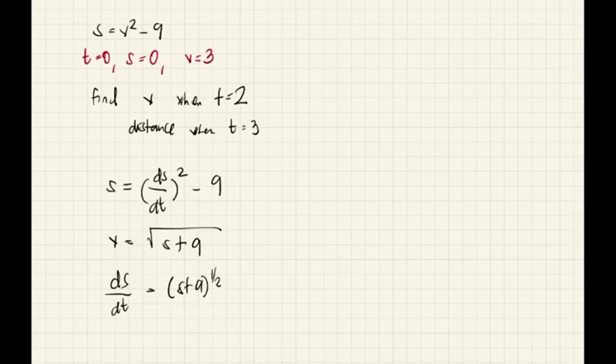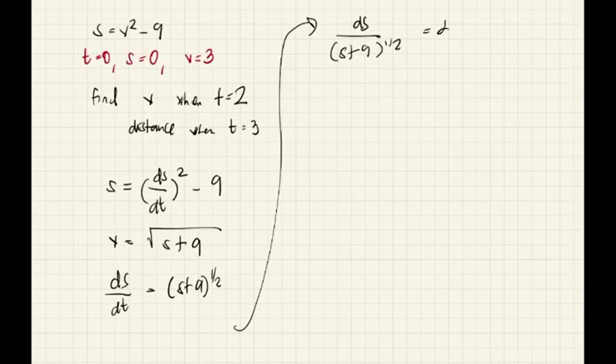Kapag ginawa natin yan, pwede nating ilipat yung S dito sa baba and D dito sa kabila, and we can have that relation between displacement or distance and time. Okay? So, let's try. So, ang mangyayari ay ganito. ds over S plus 9 raised to 1 half equals dt. Tama? And we can write this as S plus 9 raised to negative 1 half ds equals dt. Then we can try to integrate this. Okay? So, mangyayari, this becomes